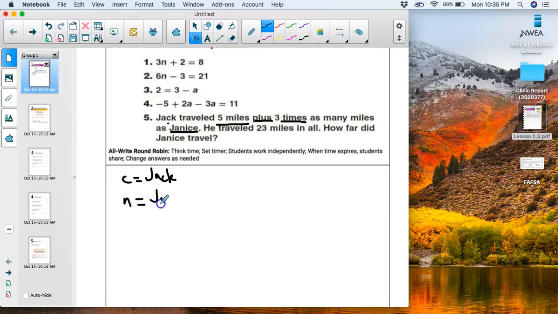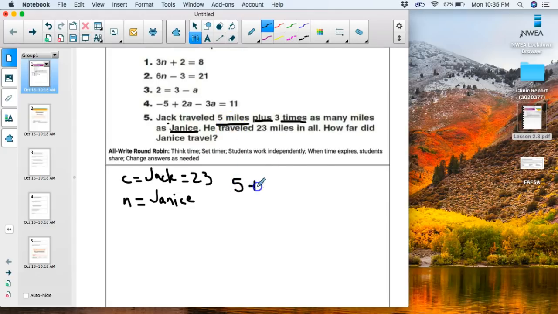So I know Jack's miles. It tells me how many miles he traveled, 23 in all. And it gives me a relationship between the number of miles he traveled and Janice's. So first thing I'm going to say is Jack's miles equals 23. So C equals 23. And that's fine. Jack traveled 5 miles plus 3 times as many miles as Janice. I don't know how many miles Janice traveled, but I know that this 23 miles is going to be set equal to 5